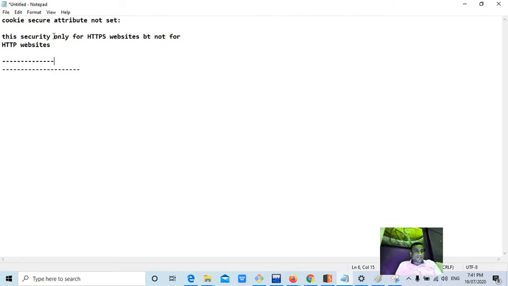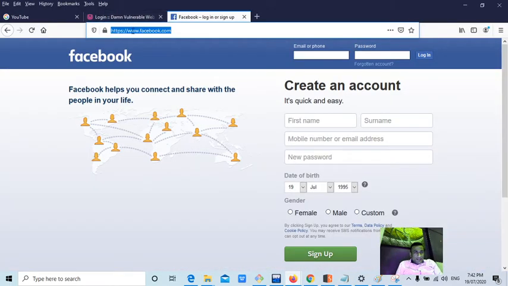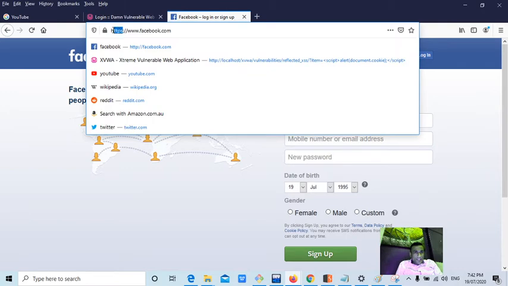What is the purpose of the secure word? Let's say whenever you enter your username and password on a website, the website will set the cookie, right? It sets the session ID within the cookie, and that cookie will be stored within your browser. That's an easy concept. Now, whenever the website sets the secure word in the set cookie line, that means whenever you send a request to the website, your cookie should be sent only through HTTPS.